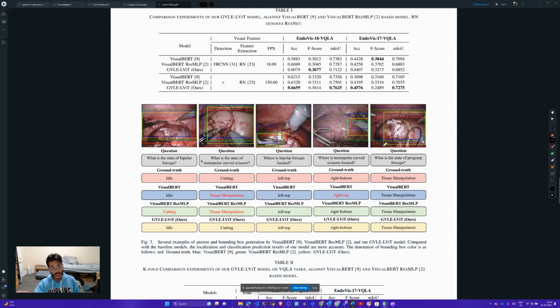VQA narrows down the tasks that it can handle, especially from the perspective of a challenge like answering why. You cannot tackle it from VQA alone. It's an interesting point to think about: what are the tasks that can be handled through VQA,